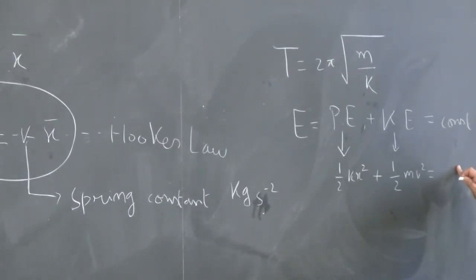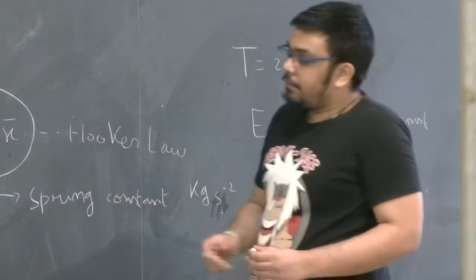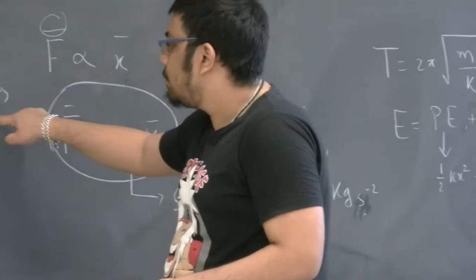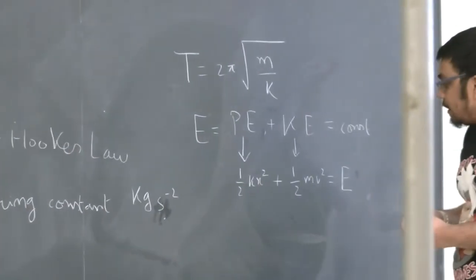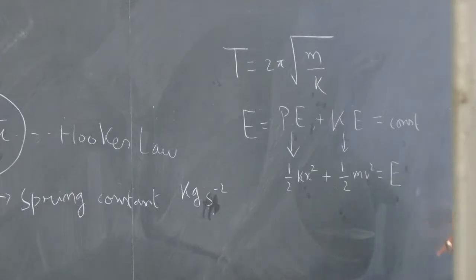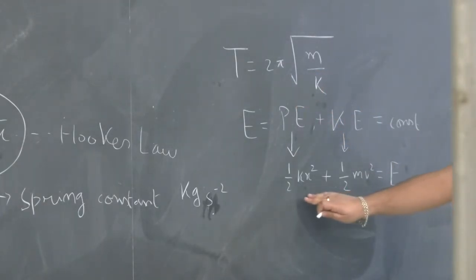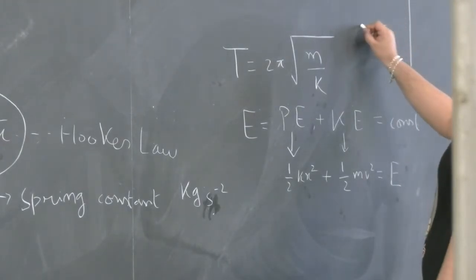Let us denote that constant by E. So when the mass is farthest from its equilibrium position, the velocity is zero. That's at the point when we are releasing it, right? So then this part will be zero and this part will be maximum and will be equal to E. After we release the object, it will slowly accelerate and gain velocity. So the kinetic energy part will increase, but this part will decrease because it will move closer and closer to the equilibrium position. But this increase and decrease of P and K will be such that their sum is always constant. If we plot with respect to time,